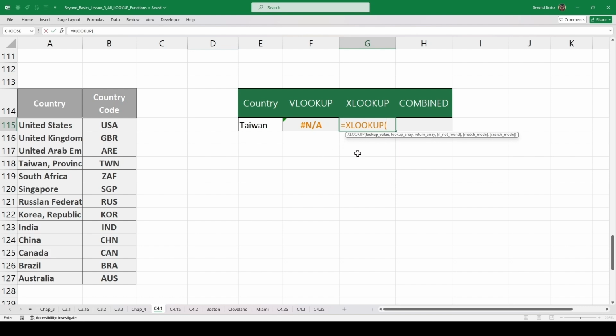Under lookup value, we need to select the value we want to search for, including wildcards. So type in an asterisk within quotes. Now we need to join this with the cell containing the country name, ampersand again, then put an asterisk within quotes. So as you can see, wildcards have been added before and after the lookup value. Next, we need to select the lookup array, comma, and then the return array,